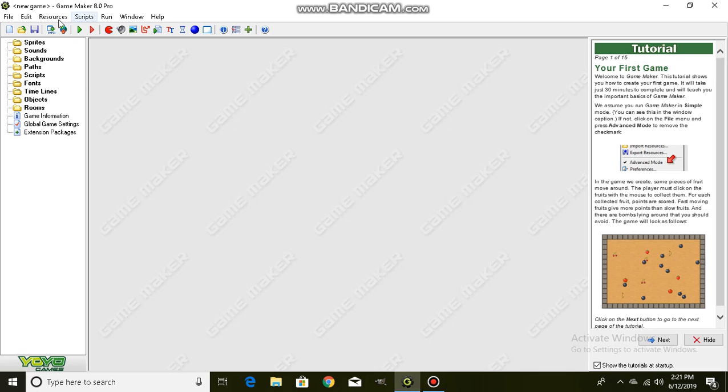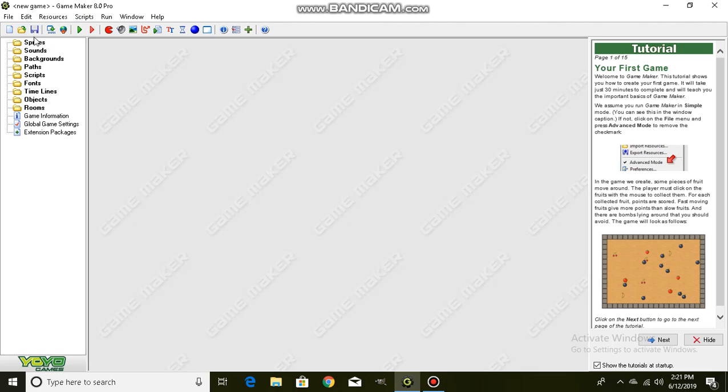If you don't know what I'm on right now, this is GameMaker. It's not that complicated at all. It's pretty easy to use. It's definitely a little bit harder than stop motion, but as I found out, it's still pretty easy. I only know how to use one thing, so I only know a tiny bit about how to use it. But I have found out how to open up your game, which is just a little baby step that